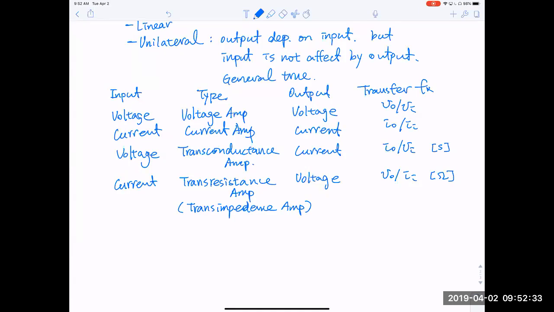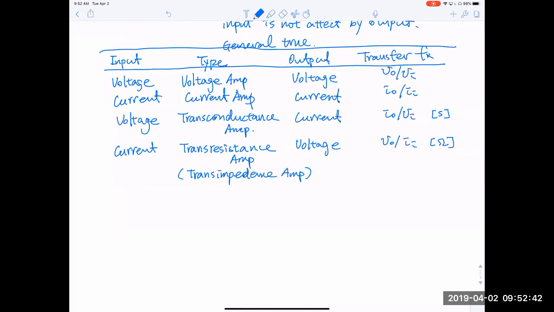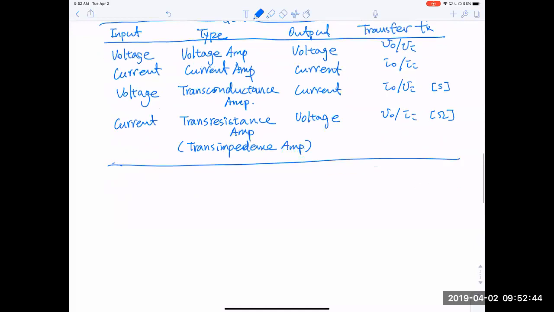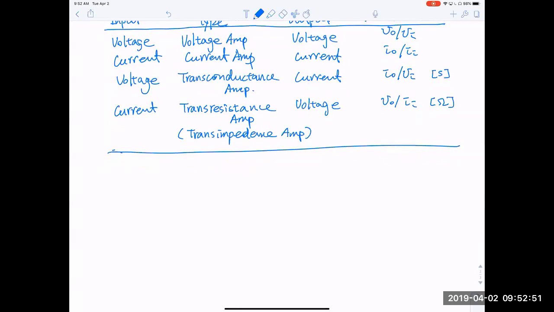Okay, the reason we talk about all of them is because there is a need for all these different amplifiers. So next we're going to talk about their equivalent circuits one by one. For the voltage amplifier,